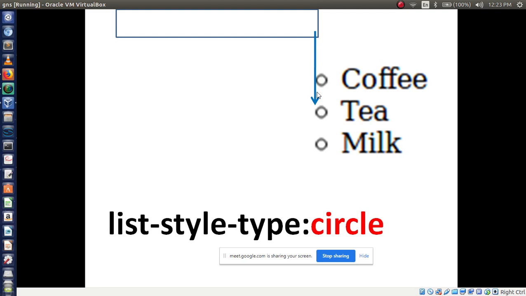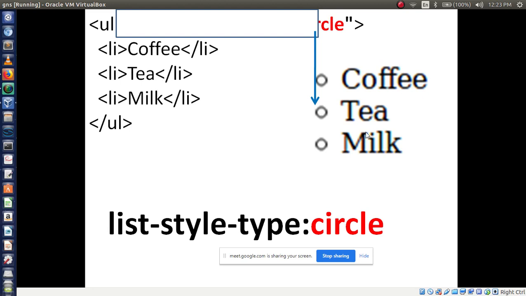You know very well how to write coffee, tea, milk using li tag. So we are displaying an unordered list, so we have to use ul tag first. First we have displayed coffee, tea, milk with the help of li tag, then here the ul tag I have closed.